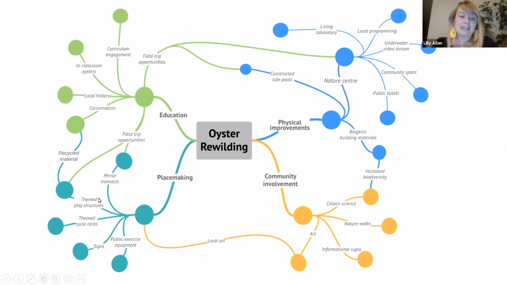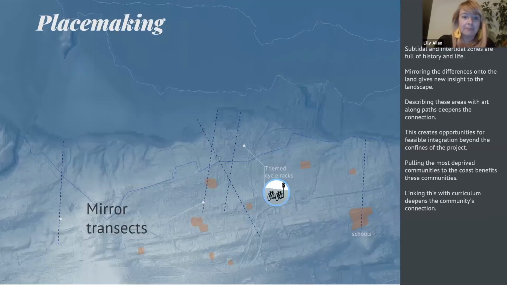themed play structures for kids, maybe oyster themed, maybe subtidal themed, themed cycle racks, which you can involve local artists in making, public exercise equipment, and of course science. So these are just general hints around the area, suggesting that the coast is an area to draw you into. So thinking about placemaking, mirror transects, which are these dotted blue lines, and you can put them